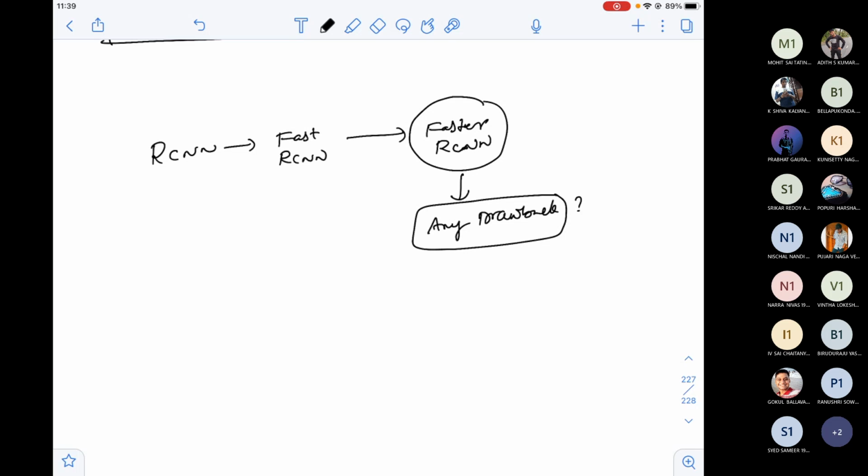I think it's difficult for you, but think. I removed the most time consuming module, that is selective search, in Faster RCNN. Other than that, what else can I do here? Is there any process that I can actually improve in Faster RCNN?